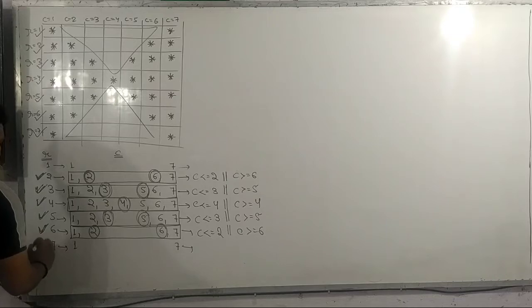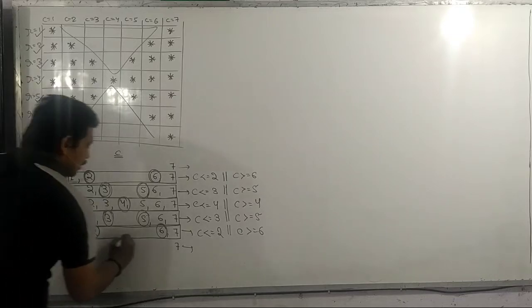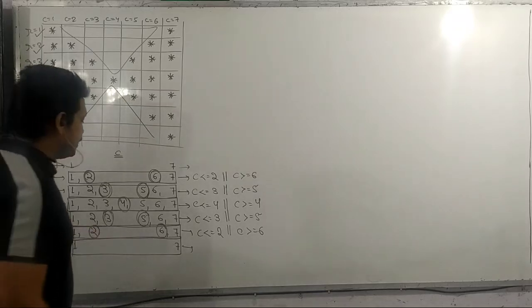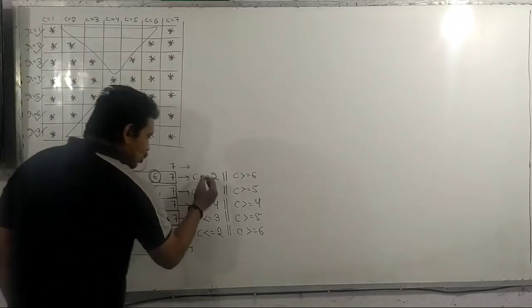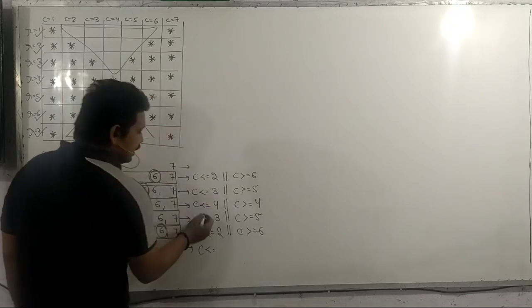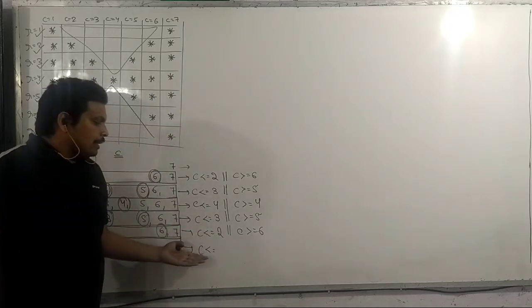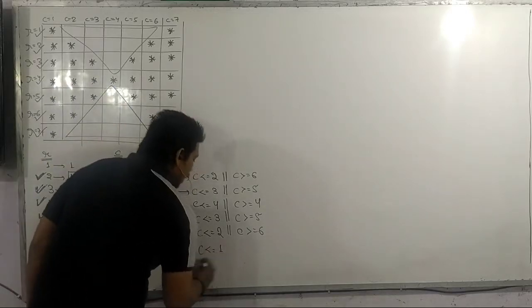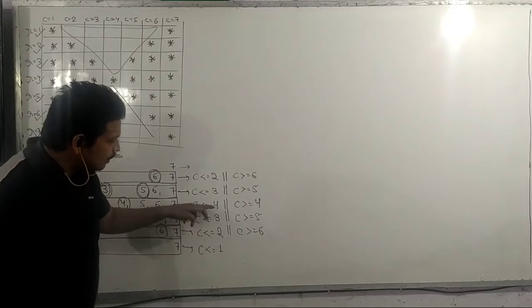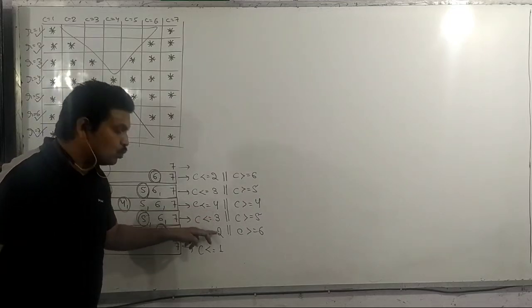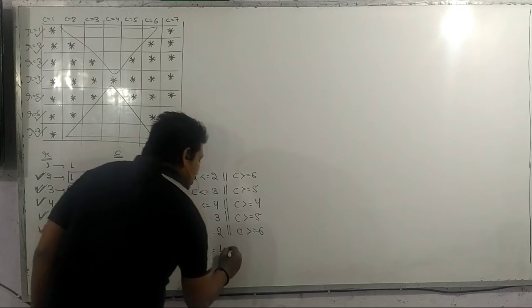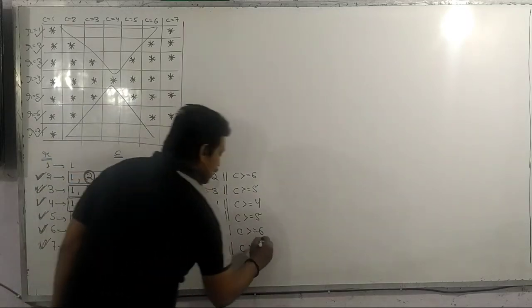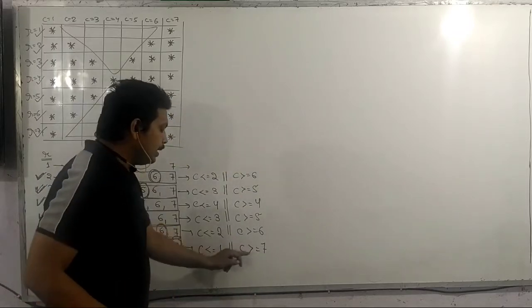Then when r is equal to 7, on which values of c the stars are getting printed? When c is equal to 1 and 7. So I will write here, as I have to follow the same structure, c less than equal to, and at the last I will write c less than equal to, what is the number here? 1. So I will write 1 and apply common sense. After 4 it is becoming 3, after 3 it is becoming 2, so after 2 it should become 1. Logical or c greater than equal to, here the number is 7.